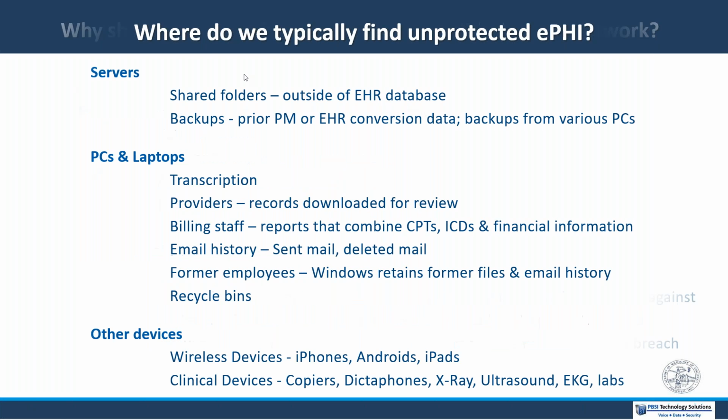Okay. Where do we typically, when we do a network analysis and we provide this electronic search to look for all of the electronic unencrypted patient information, where do we find patient information? On servers, usually your practice management or your EHR, those are protected well. Vendors of EHR and PM systems know they need to encrypt those files. Well, those are low risk areas actually, but high risk areas are shared folders, where it's good to have shared folders on your server